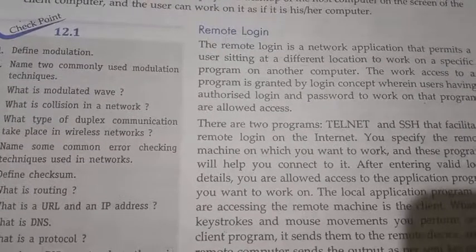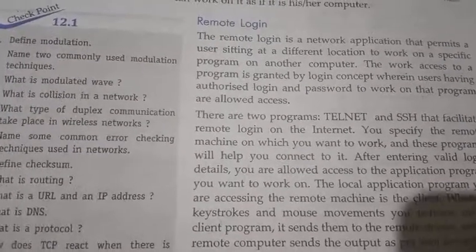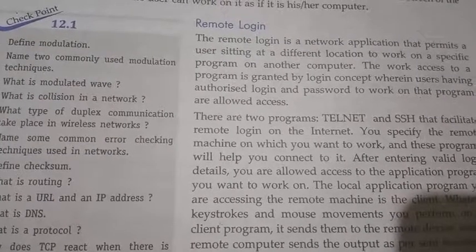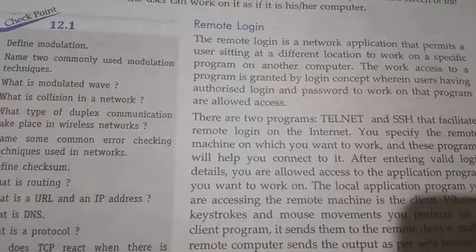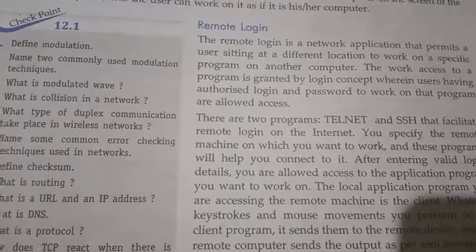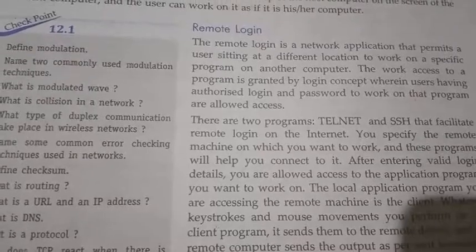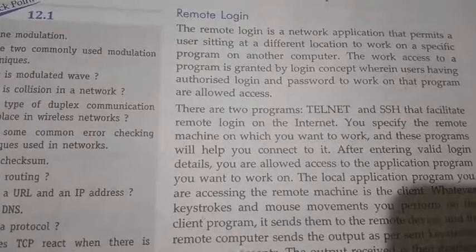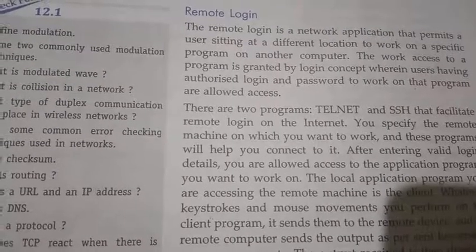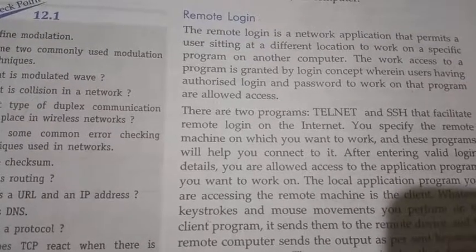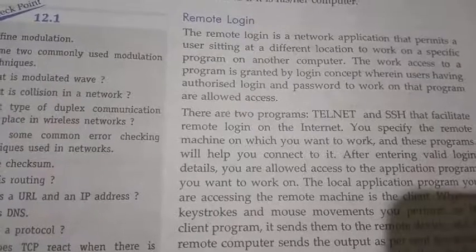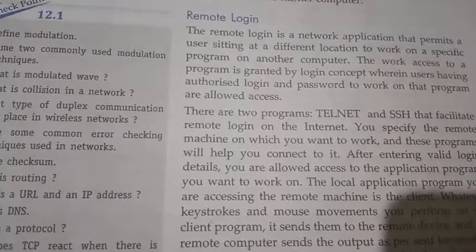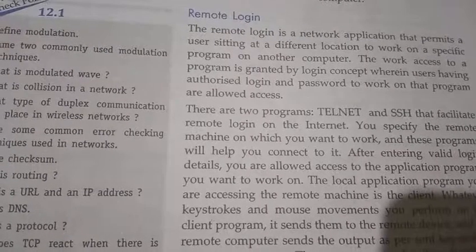Better examples are telnet and SSH. The main difference between telnet and SSH is that in telnet, any data we transfer from one machine to another is not encrypted. That connection is not secure. In order to introduce security, we use the secure shell concept. For example, if you press any key on your computer, it acts as a key press on the host computer. If you click the mouse, it acts as a mouse click on the host computer. We can feel that.